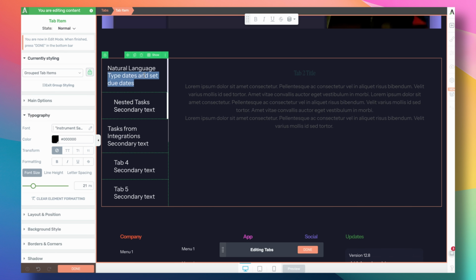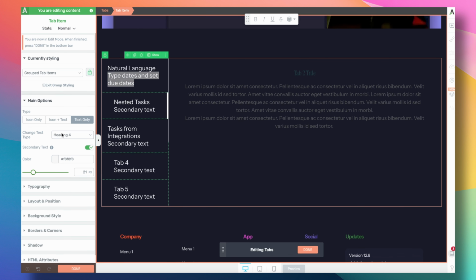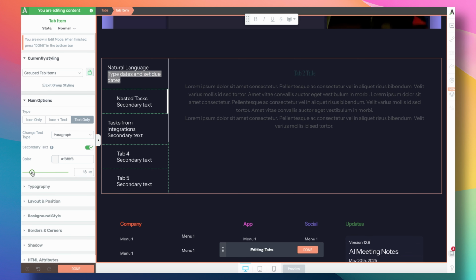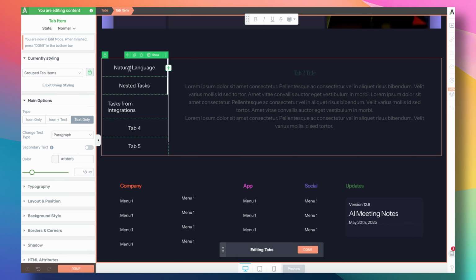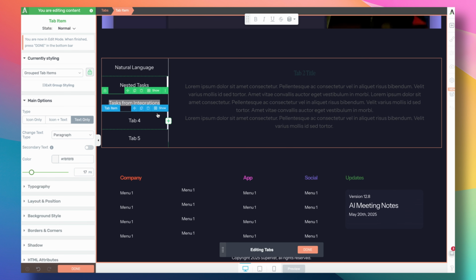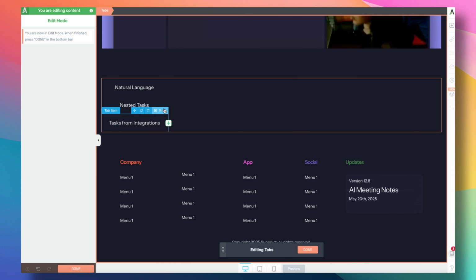I think it's best for now to just not have secondary text because it's going to be a little confusing. So let's do natural language, nested tasks, tasks from integrations, and we can get rid of tab 4, get rid of tab 5, and